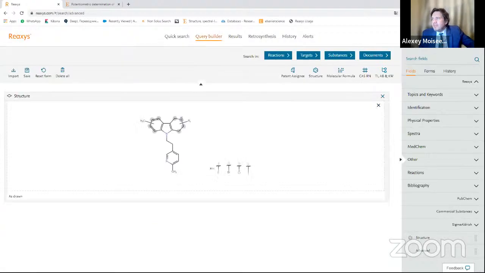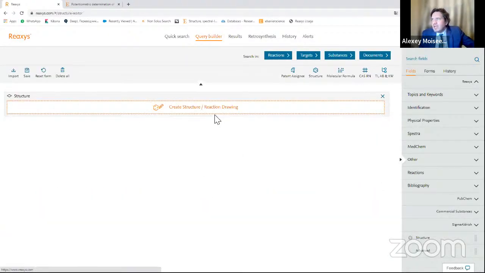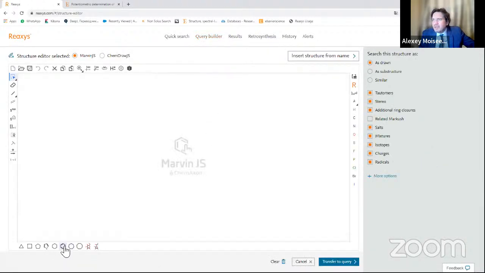If we are working with chemical reactions, we can combine, for example, structure editor search together with very specific search.